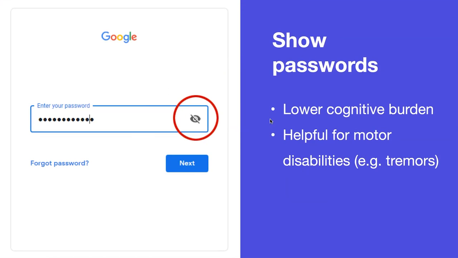If you have to have passwords, have a little button that lets people view them. Again, this is really helpful for people with a variety of disabilities. One of the less obvious is motor disability. So you have tremors and you might tend to double type characters. If you're typing in a 12-character password from memory and you don't know what you typed in wrong, it's a nightmare. This removes that, makes it a lot easier.